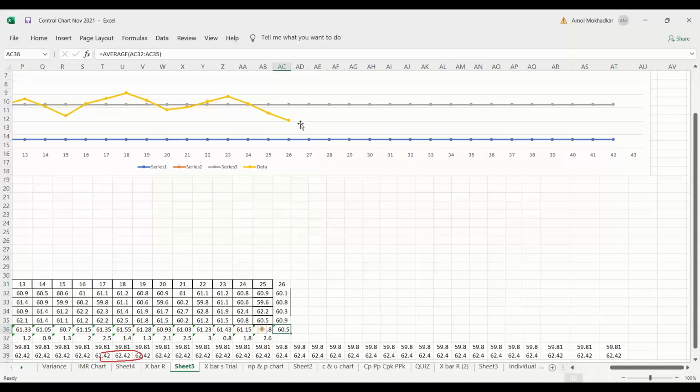60.5. So this is the 60.5. I am going to plot it. Now if you are using the graph, I will plot manually the 60.5. If next is 60.8, I am going to plot it manually and I will connect the dots, है ना? So I am going to plot the average. तो आपको क्या करना है? As soon as you got the readings, next readings, है ना?